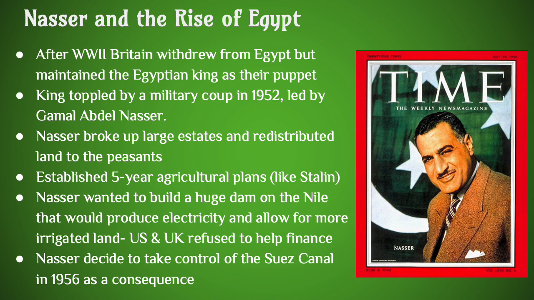That wasn't going to stop Nasser, though. And Nasser saw a source of revenue very close by, in fact, in his own country, and that's the Suez Canal. The Suez Canal was still controlled by Britain and France, which means they were the ones who were getting the profit, because you don't just get to go through the Suez Canal for free. You have to actually pay to use it. And Nasser said, look at that. Look at all that money over there in the Suez Canal. And he invaded the canal zone and took over the Suez Canal in 1956.